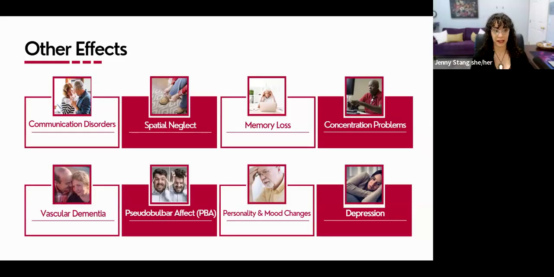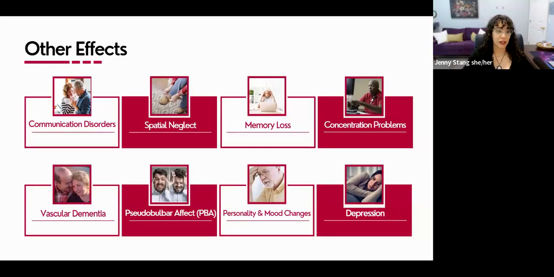Next, we have spatial neglect. After a stroke, your loved one could lose awareness of things to one side of the body. This is what spatial neglect is. It's also called spatial inattention problems. And after stroke, it might be harder to detect than other changes, okay? One-sided neglect is more common with right brain stroke, meaning that your neglect will be on the left side.